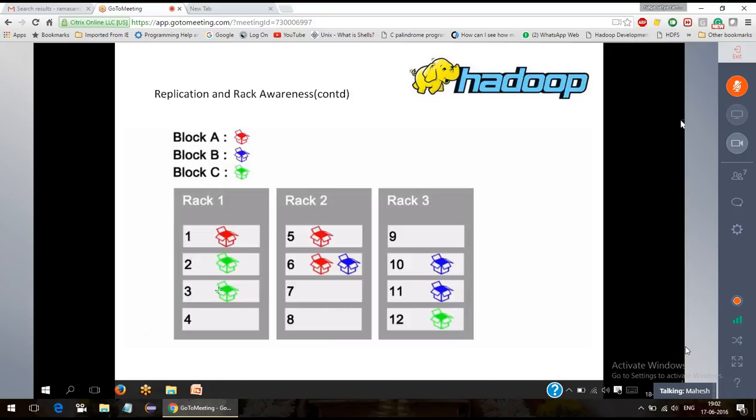So what would be the best possible way to identify the non-availability of data content in a rack? It's a simple logic, guys. We came across the distribution pattern. Yes, guys. Make sure that